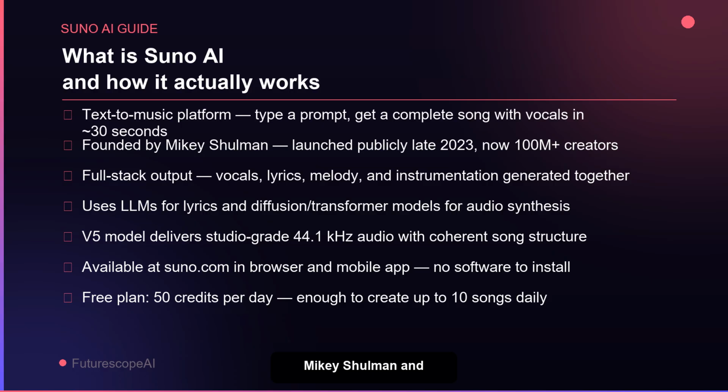Suno was founded by Mikey Schulman and launched publicly in late 2023. By 2025 it had reached over 100 million creators and around $200 million in annual revenue. The technology combines large language models for lyric and structure generation with audio diffusion and transformer-based models for actual sound synthesis. The V5 model delivers studio-grade audio at 44.1 kHz with coherent verses, choruses, and bridges that flow like a